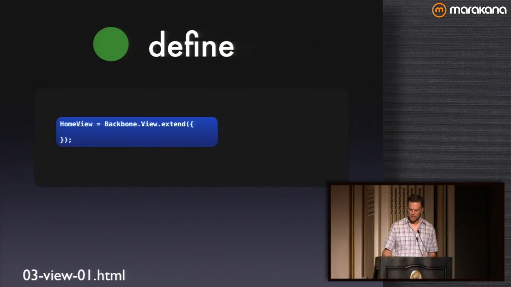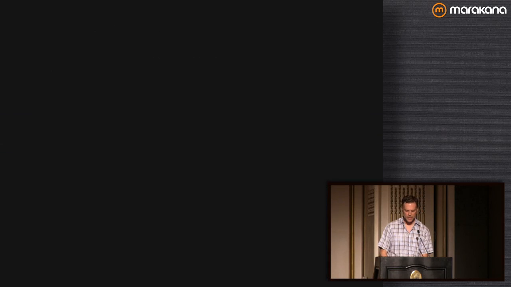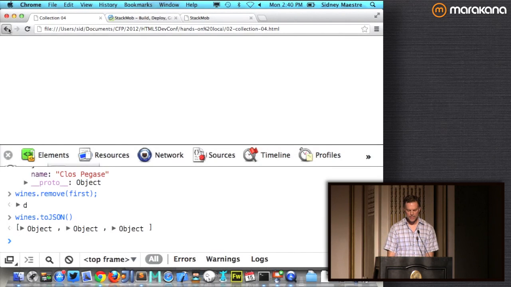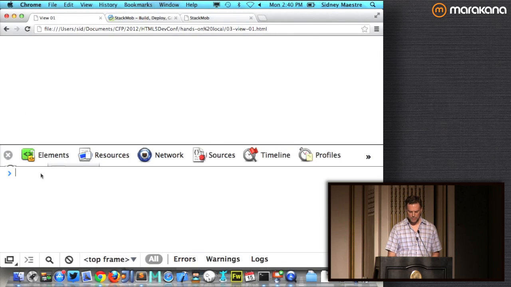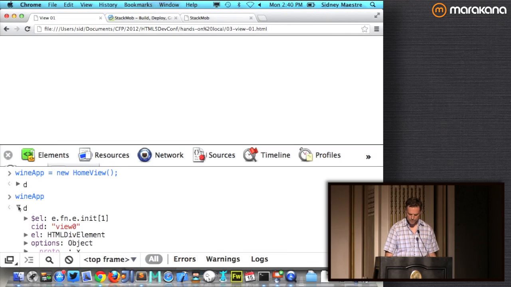So here I'm creating a very basic view, and there isn't much going on, but it's still nice to run it and see what's going on inside in our console. Here I've got my new instance of home, and I want to actually create it. So I'll say my wine app is going to be equal to a new home view, and when I output the wine app,